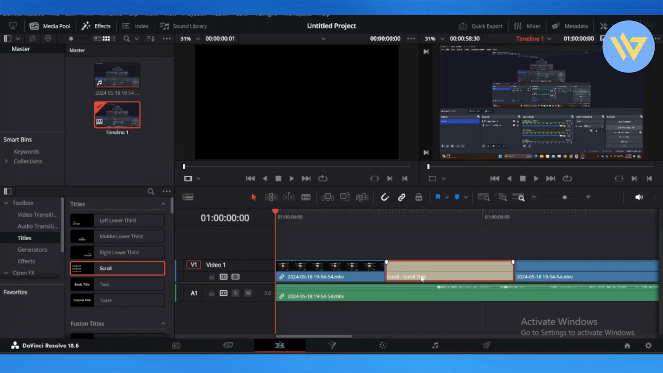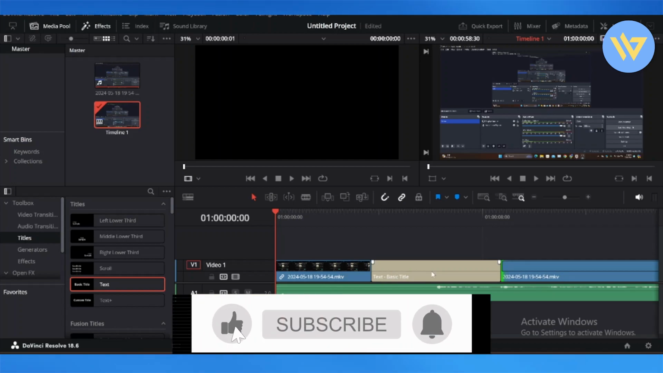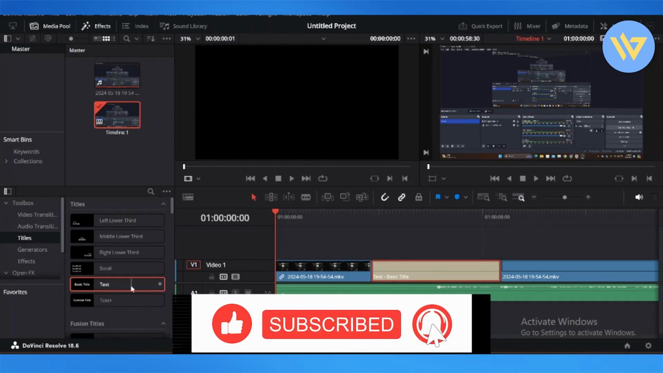And this is it. This is how you can simply add text into DaVinci Resolve. You can even write the text down. You can also select the different types of styles that you want. You can choose to put it in between the video, at the start of the video, or at the end of the video. So yeah,